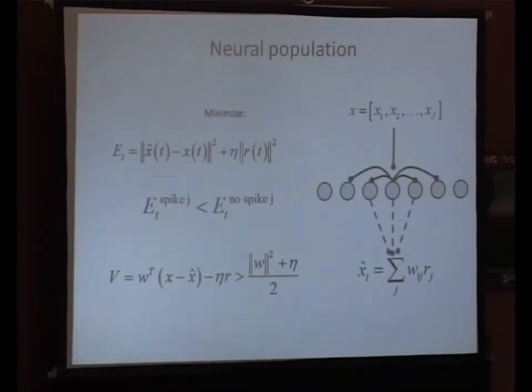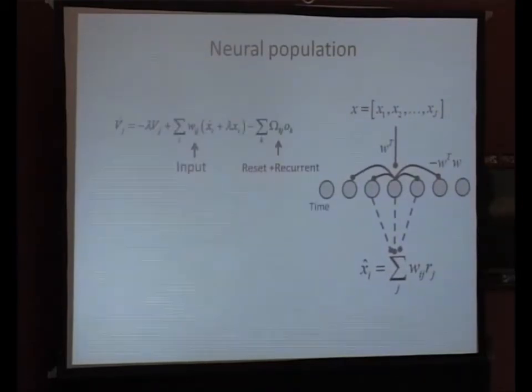Okay? So once we have this firing rule, we have the membrane potential, which is a combination of the decoding error and the costs, and we have the threshold, which is fixed. So if you look at the dynamics of the resulting network, at the temporal derivative of the membrane potential of each neuron, you find a simple network of integrate-and-fire neurons with recurrent connections. So the membrane potential has a leak term plus a feed-forward input term, which represents the contribution of each of these input variables x1 to xj, minus a recurrent inhibition term plus the reset, which is a global inhibition